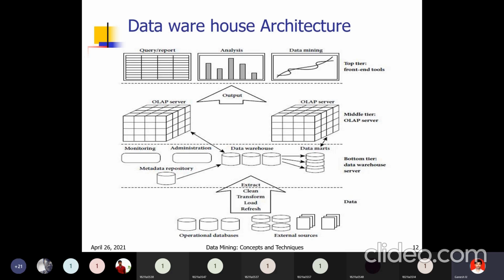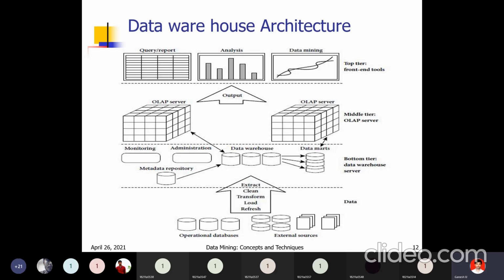Here we have also seen different data warehouse models in this diagram, in the data warehouse architecture. From the perspective of data warehouse architecture, we have the following data warehouse models: virtual warehouse, data mart, and enterprise warehouse. Three types of data warehouse models. A data warehouse can be represented in three types.